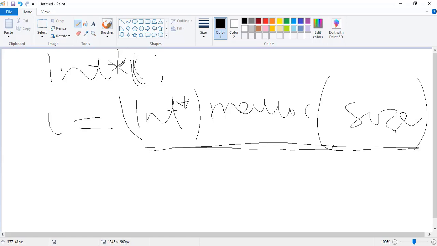So the moment I do int asterisk I here, I've declared I as a pointer, so I can simply say I is equal to this. So now the return value of malloc would be stored in this I here. So you need a pointer to store malloc. That's why I said for you to be able to use malloc, you have to know what a pointer is and you have to declare a pointer. Okay, so